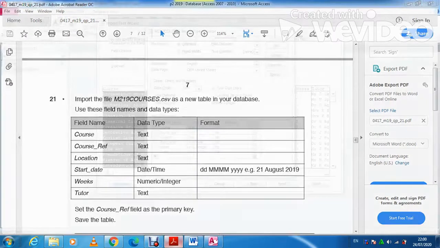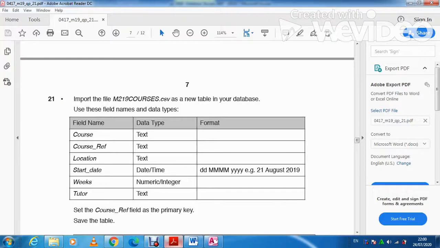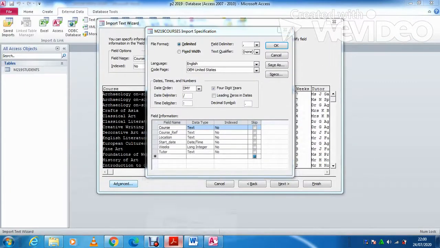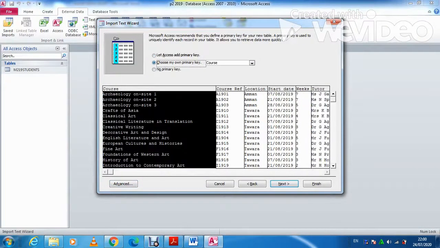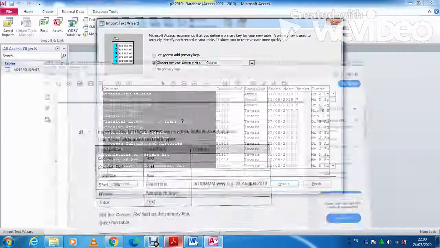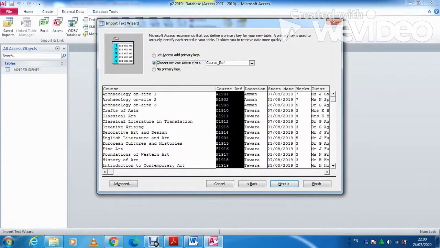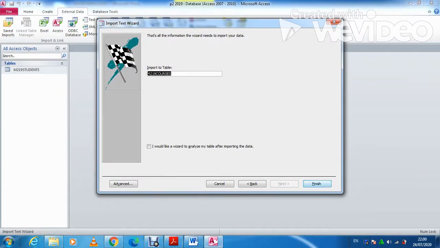So the first three text, then date and time, and then numeric integer, and then text. So it is accurate. Click on OK. Next, choose your primary key, and my primary key this time is course reference. Next, finish,